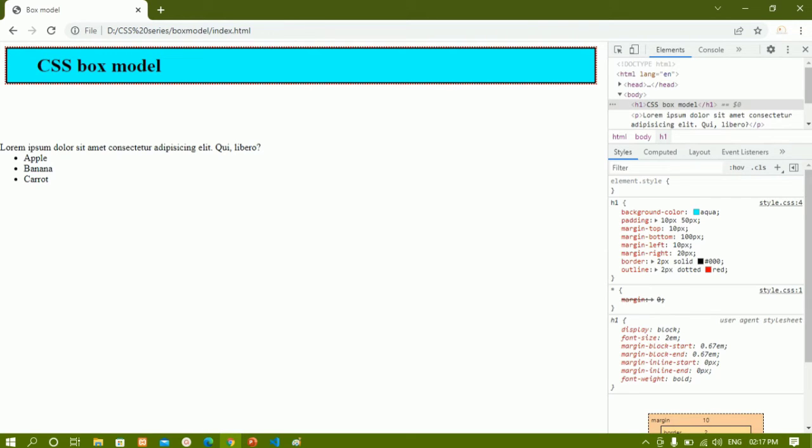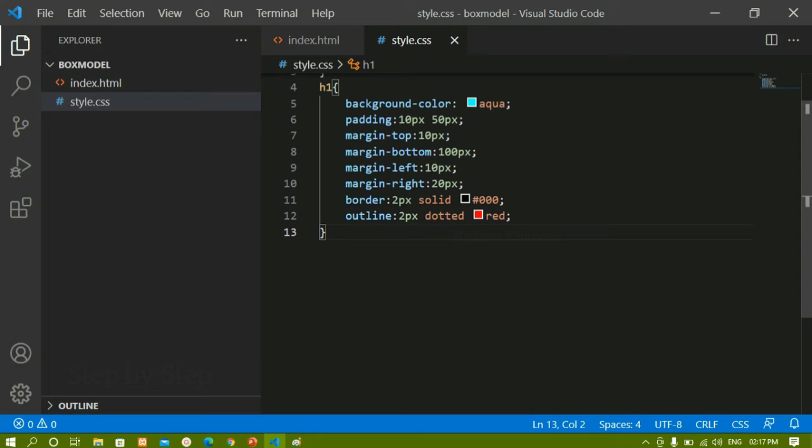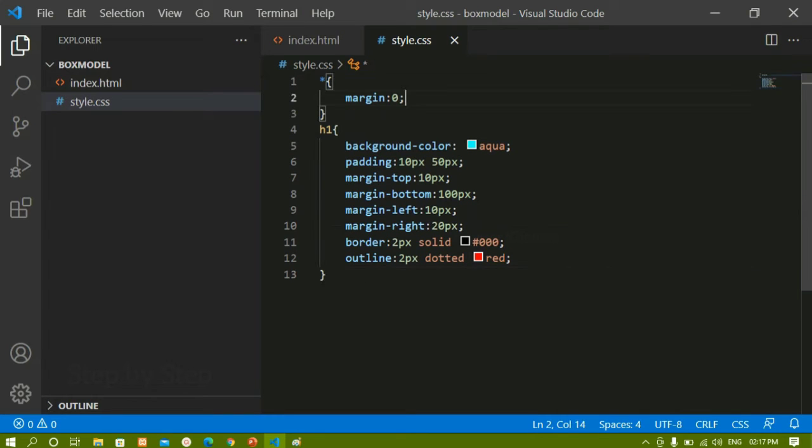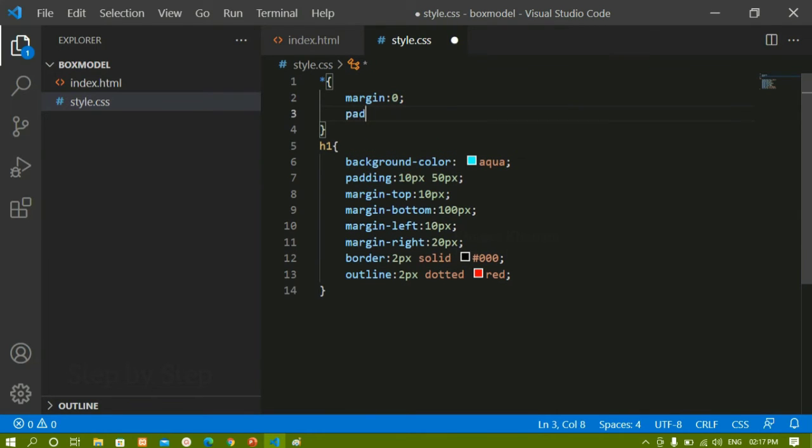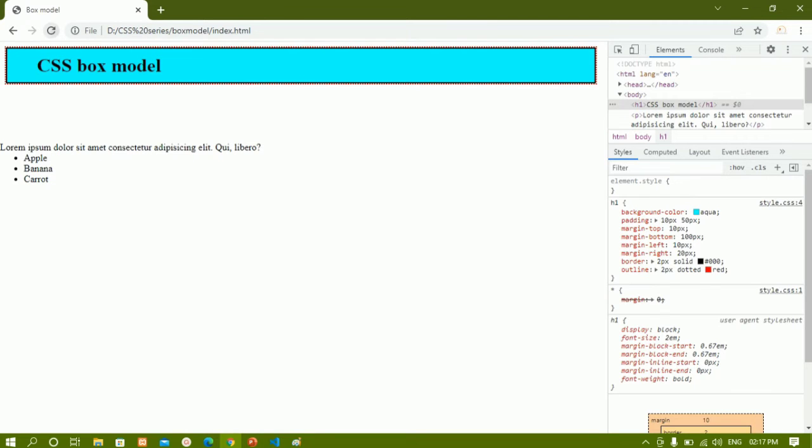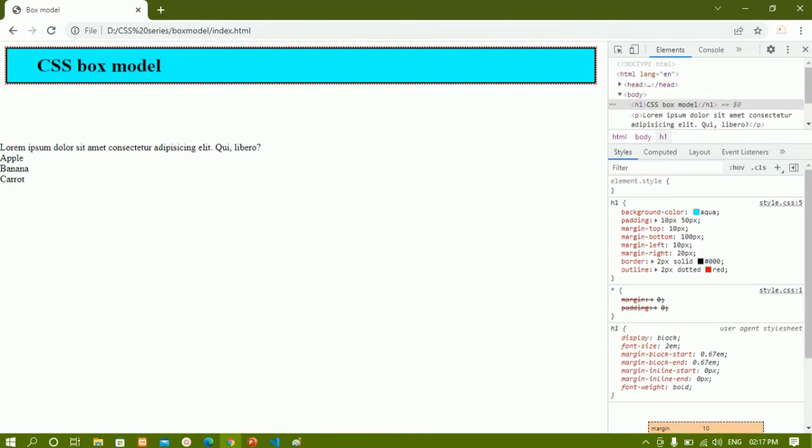As you can see, this margin is not visible, and this padding is also not visible, because these are transparent. You cannot see padding and margin because they are completely transparent. Now this is all about padding and margin. Now inside this universal selector, if I write padding as 0, I'll save and refresh. You can see that the padding I was having for the UL list is gone. Default padding and margin will be removed from all the elements.